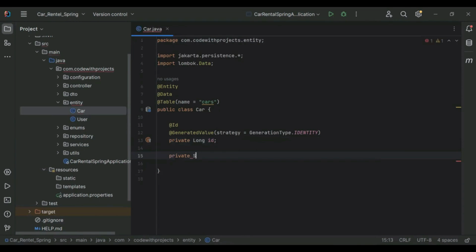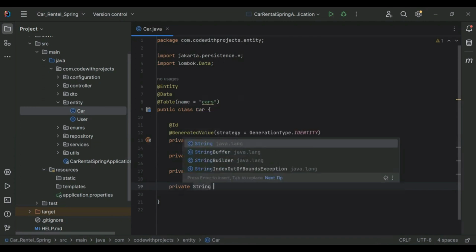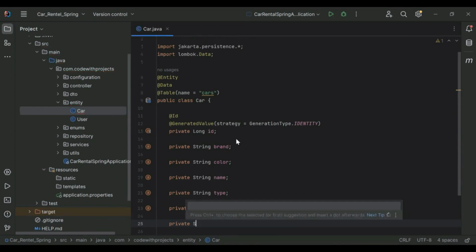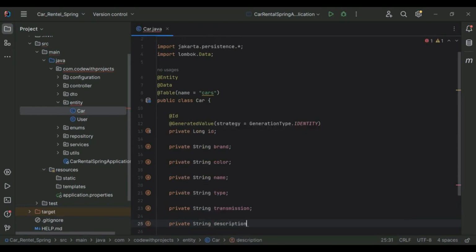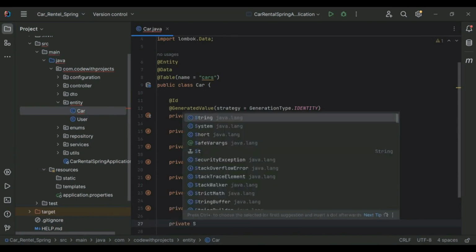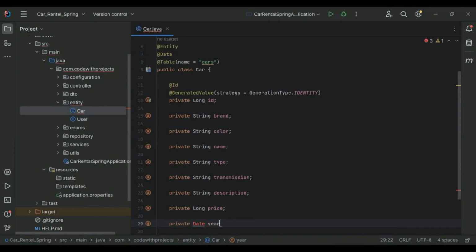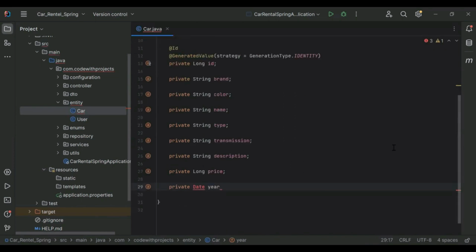For the second set of properties, I'm going to add private String brand, private String color, private String name, private String type, private String transmission, private String description, private Long price, and second last a private Date year, because we need to save the model of the car. Let me import this Date from java.util. And the last property we need to add is a private